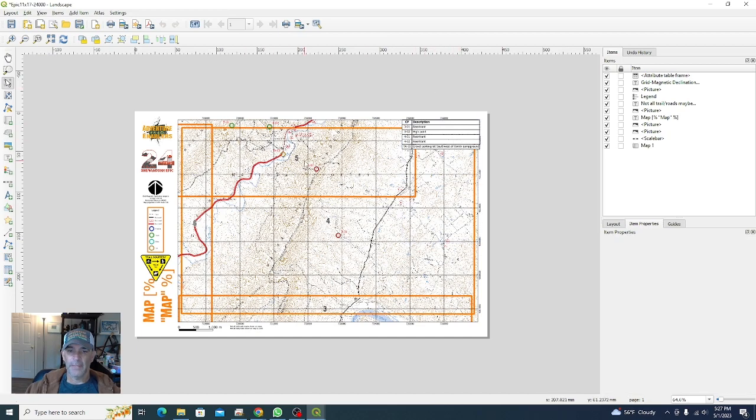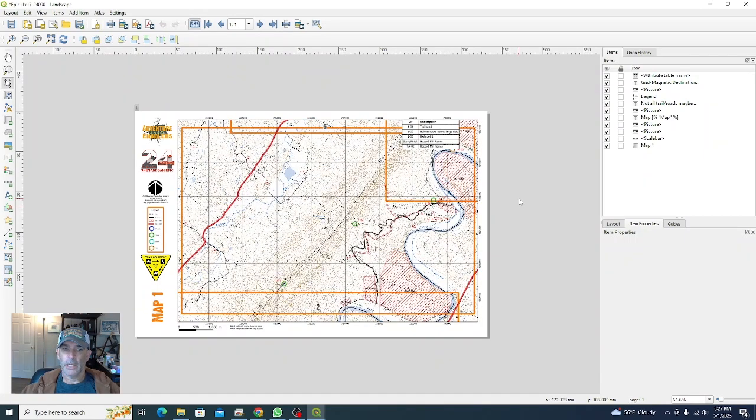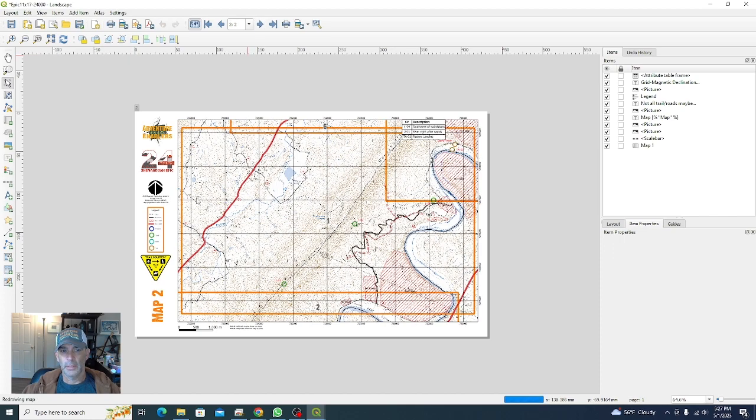And so once I have this particular sheet layout created, I can create what's called an atlas, and that little tool is pretty cool. Up here I can say preview my atlas, and what it's going to do is recognize the bounding boxes for each of my pages and start to create an individual sheet for each of them. And so I can start mousing through them. So this is now, it knows it's map 1,